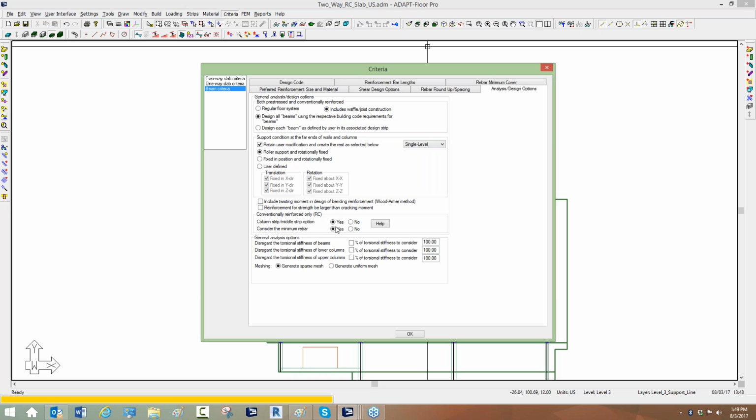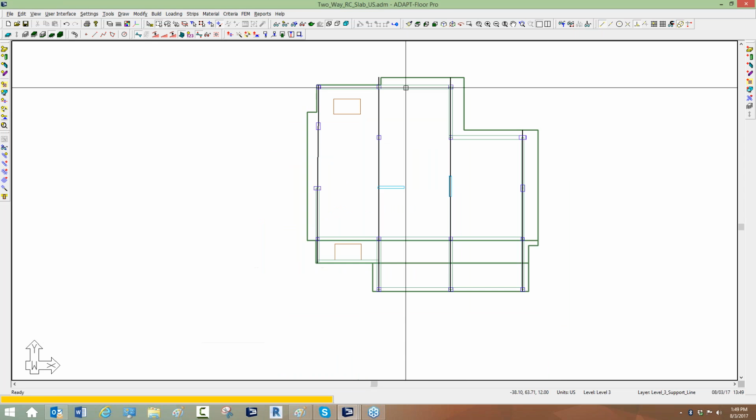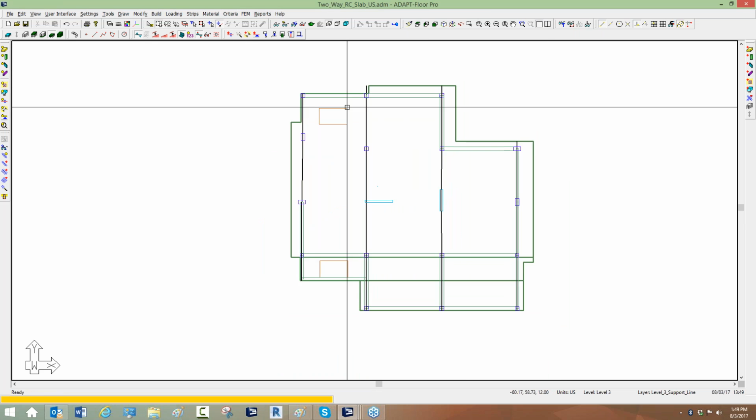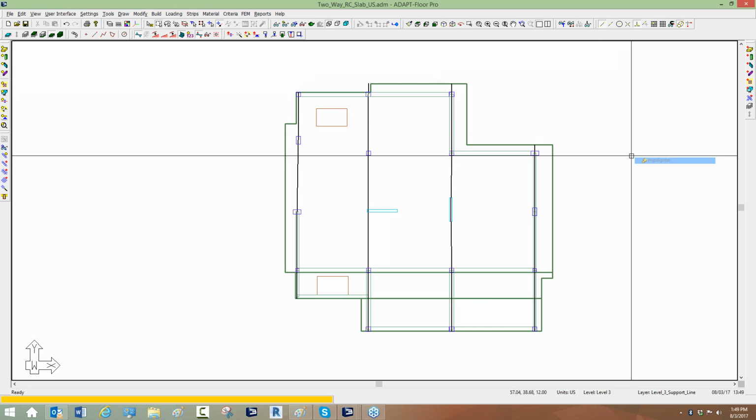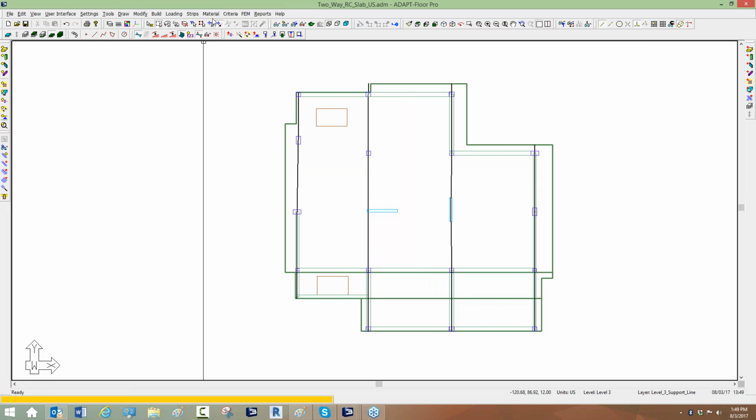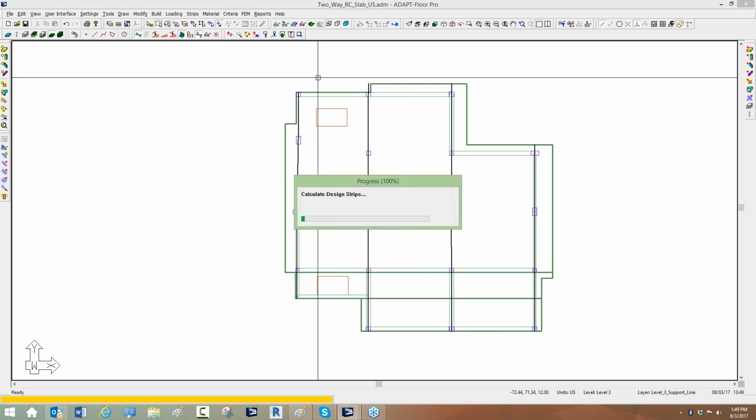So we have this set to yes currently, and I'll show you what the result is for this set of design strips. The program is essentially going to try to create a middle strip between each column strip, which become uneditable. The user cannot edit these strips, so it's a little bit rigid in how it functions. So if I go to strips, generate the design sections automatically,